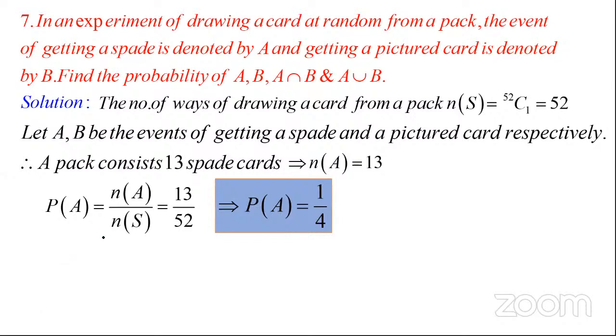P of A equal to 13 fours is 52, so 1 by 4. So next,